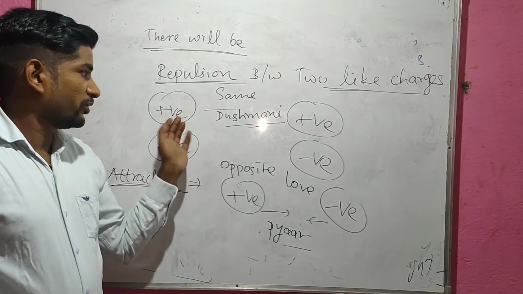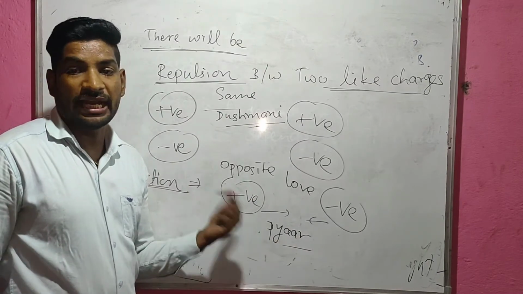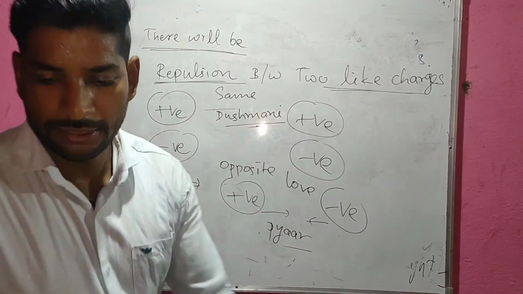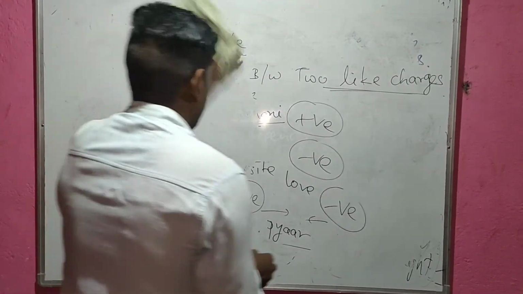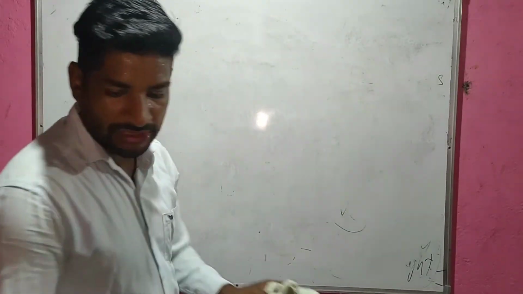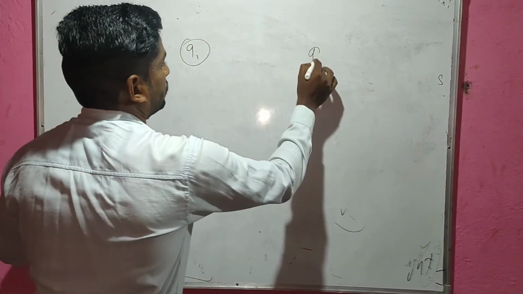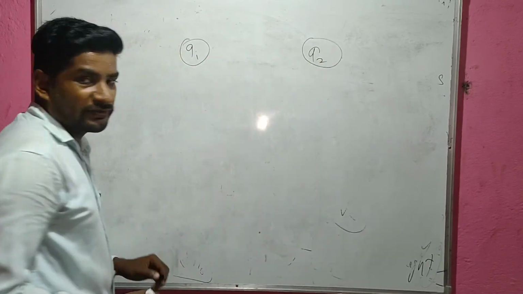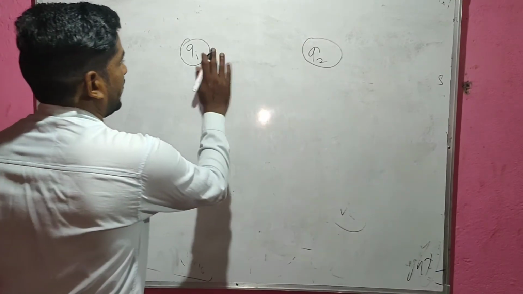Same charges will repel each other and opposite charges will attract each other. For example, I have two charges, Q1 and Q2. Suppose they are like charges, both positive. Then